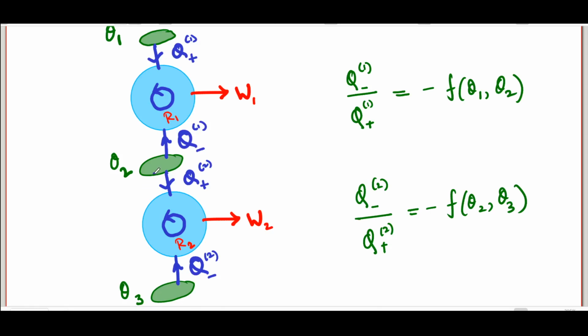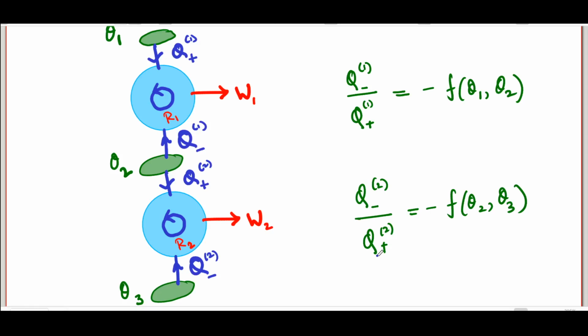We have another Carnot cycle here, another reversible engine R2 running between the reservoirs at temperatures theta 2 and theta 3. And it of course takes in Q2 plus amount of heat from theta 2 and Q2 minus amount of heat from theta 3, and Q2 minus by Q2 plus by the same token turns out to be minus f of theta 2 comma theta 3. So far, this is just from the definition of this Carnot cycle efficiency and a direct consequence of Carnot's theorems, that these results depend only on the temperatures involved. Theta 1 and theta 2 for this ratio and theta 2 and theta 3 for this ratio.